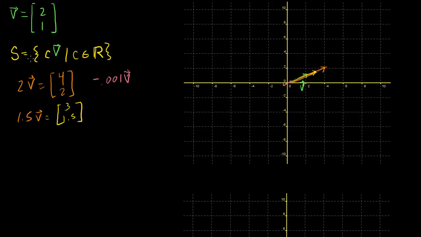But you can imagine that if I were to plot all of the vectors in standard position, all of them that could be represented by any c in the real numbers, I'll end up drawing a bunch of vectors whose arrows are all lined up along this line right there, and lined up even in the negative direction. Let me make sure I draw it properly. Along that line, like that. I think you get the idea. So it's a set of collinear vectors. Let me write that down. It's a set of collinear